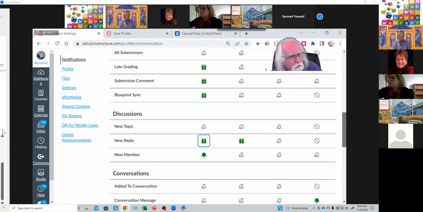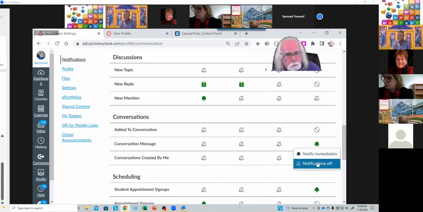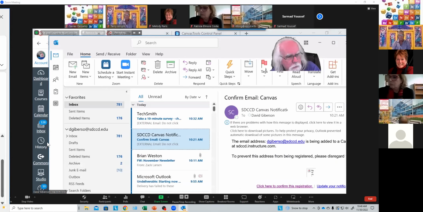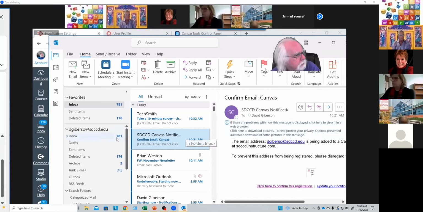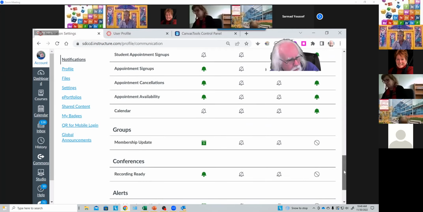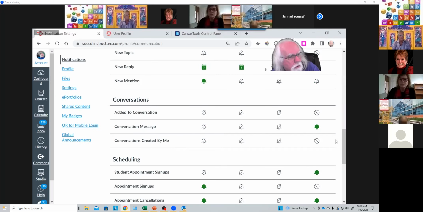And with push notifications, you only have 2 options. That's either notify immediately or don't notify me at all. And those are only for some of the more urgent type of notifications. Sorry about that. So you have complete control over all these notifications at the account level, but you can also